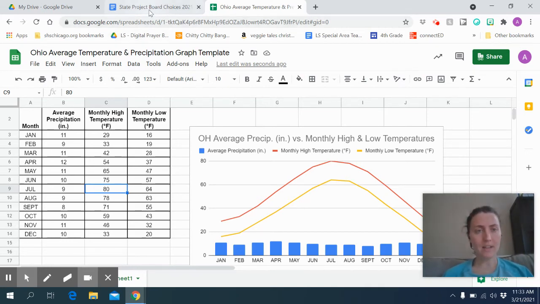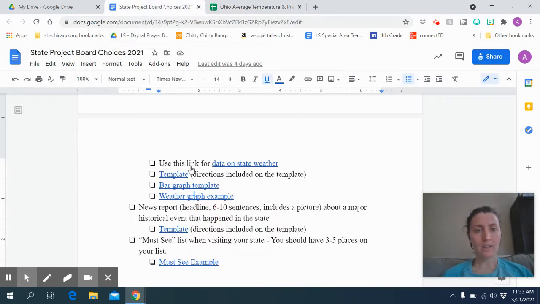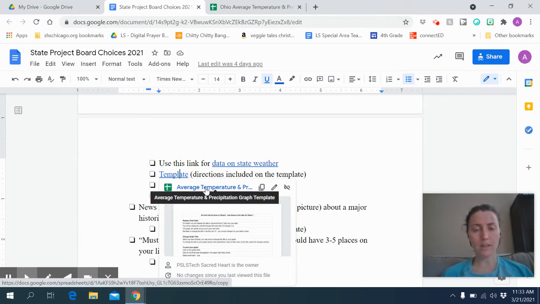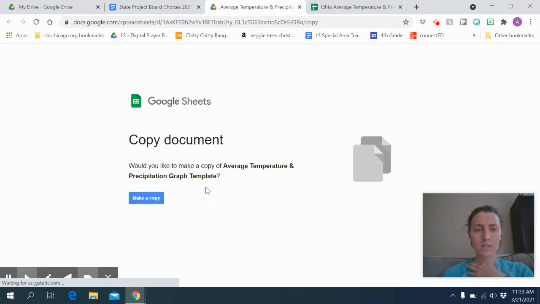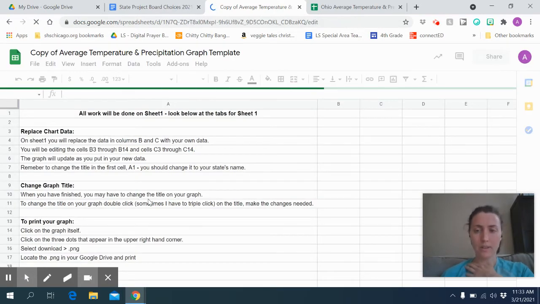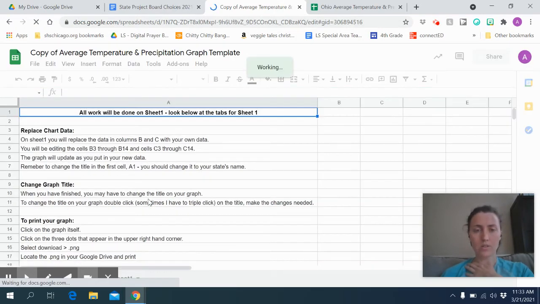So that's the template we have here, this template. Directions included on the template. So when you open this up, it will force you to make a copy. We're used to that. You're going to be sure you put this in your state